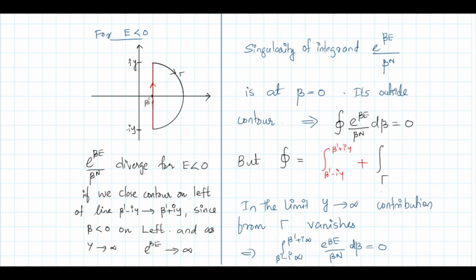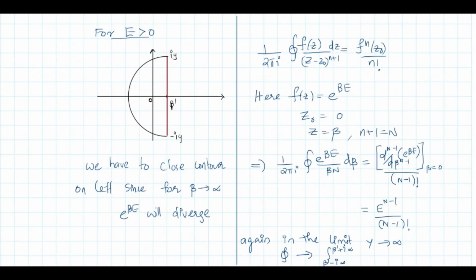So I can say that this closed integral answer is exactly the same as the integral from beta prime minus i infinity to beta prime plus i infinity of e raised to beta E by beta raised to N d beta, and that answer is 0. The closed contour integral answer is 0. The closed contour I can write as the sum of two terms, but this term will vanish in the limit y tends to infinity. So for energy less than 0, the density of states is 0,